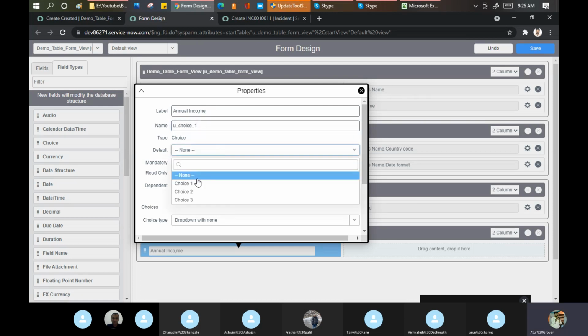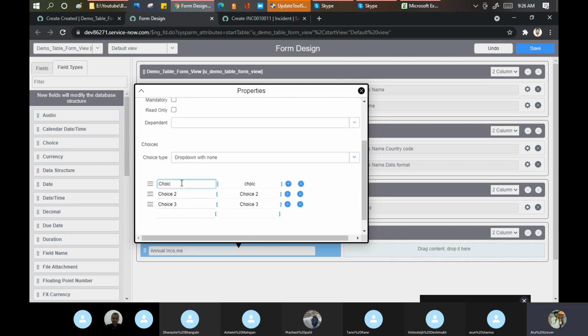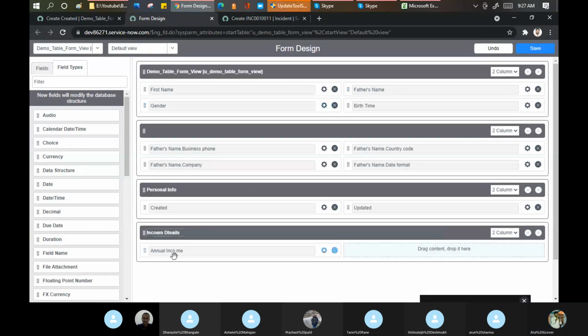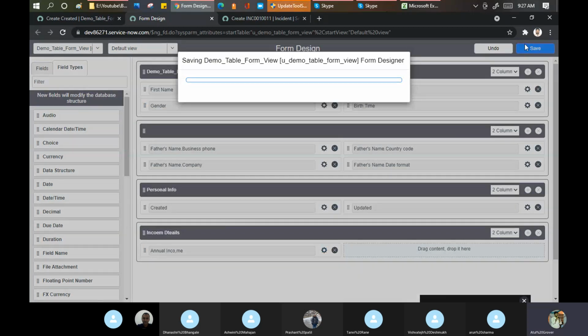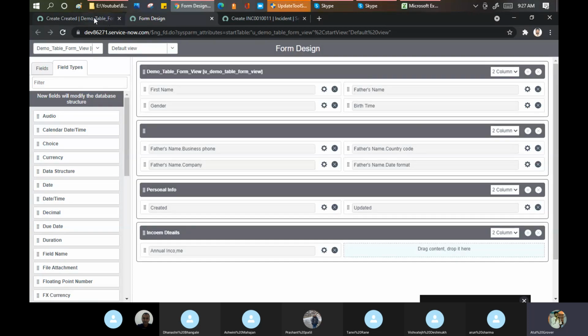Default none, mandatory no, dependent none, I am not putting here. Choice 1: 5 lakh. 1 crore. 1 crore, right? Yes, whatever you write, what difference does it make? And click on close. See, click Save. You will be surprised that there are multiple ways to do a single piece of work.